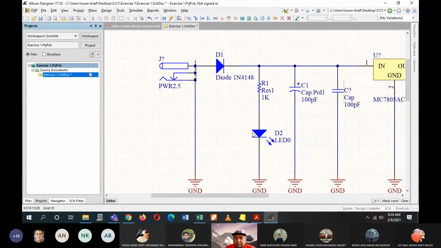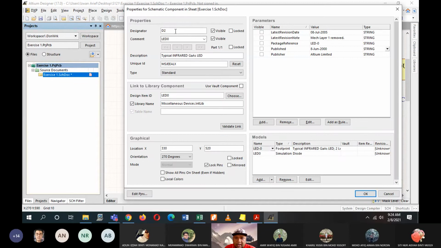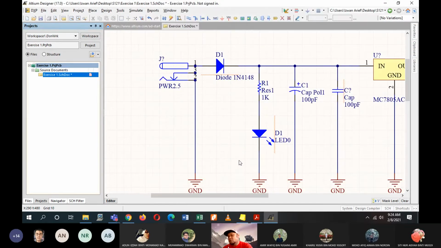For example here, there are two diodes. You have one for 4148 and one LED. If you mistakenly name them using the same name, for example, this one also you accidentally named it as D1, later on, when you are converting this schematic diagram into PCB, it will be totally wrong in terms of these two components.